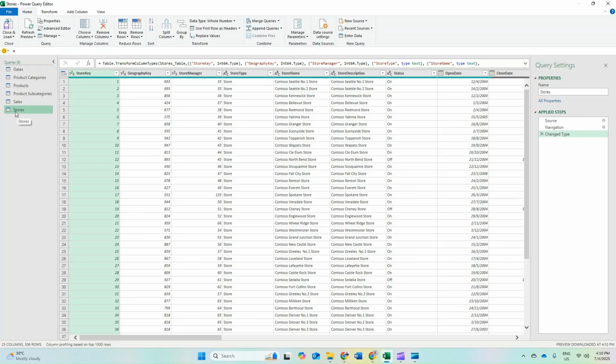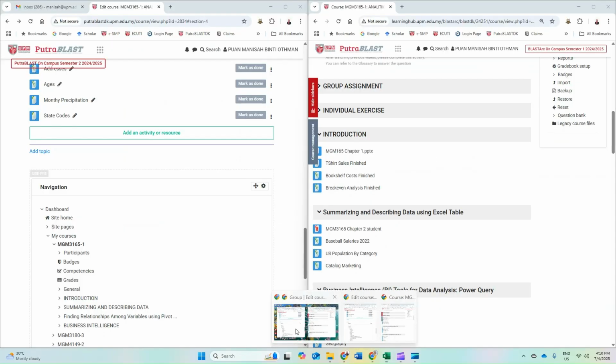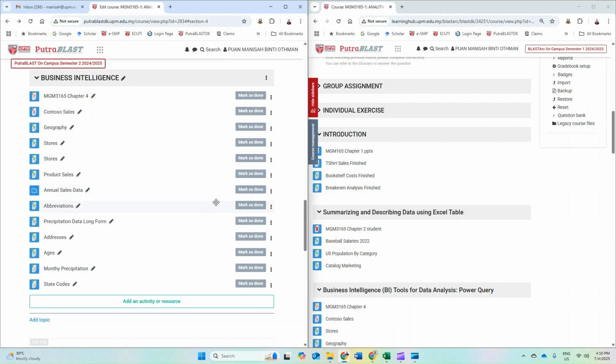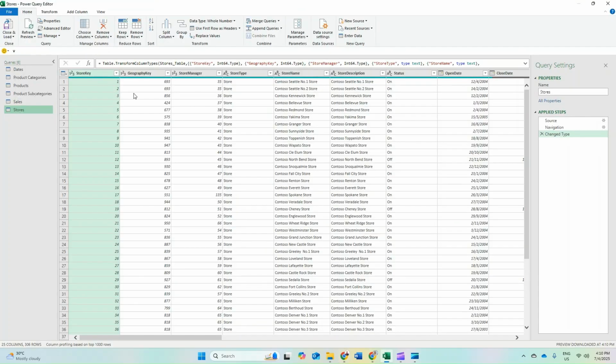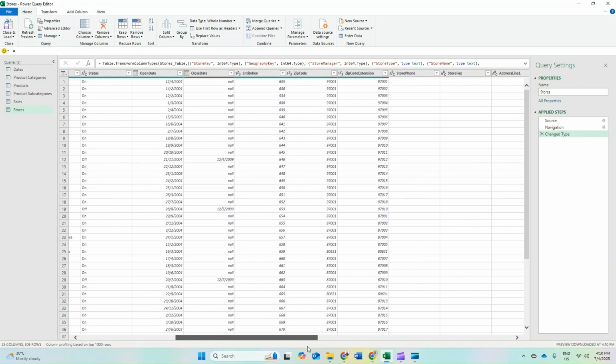Okay, so automatically it will include one more, which is the store. So this is the store related to the stock. Okay, so all the files here in this folder. And then geography. Okay, so we want to add a geography. So let's say you do all the editing, change the open date, close date, entity. Okay, so let's say one more.